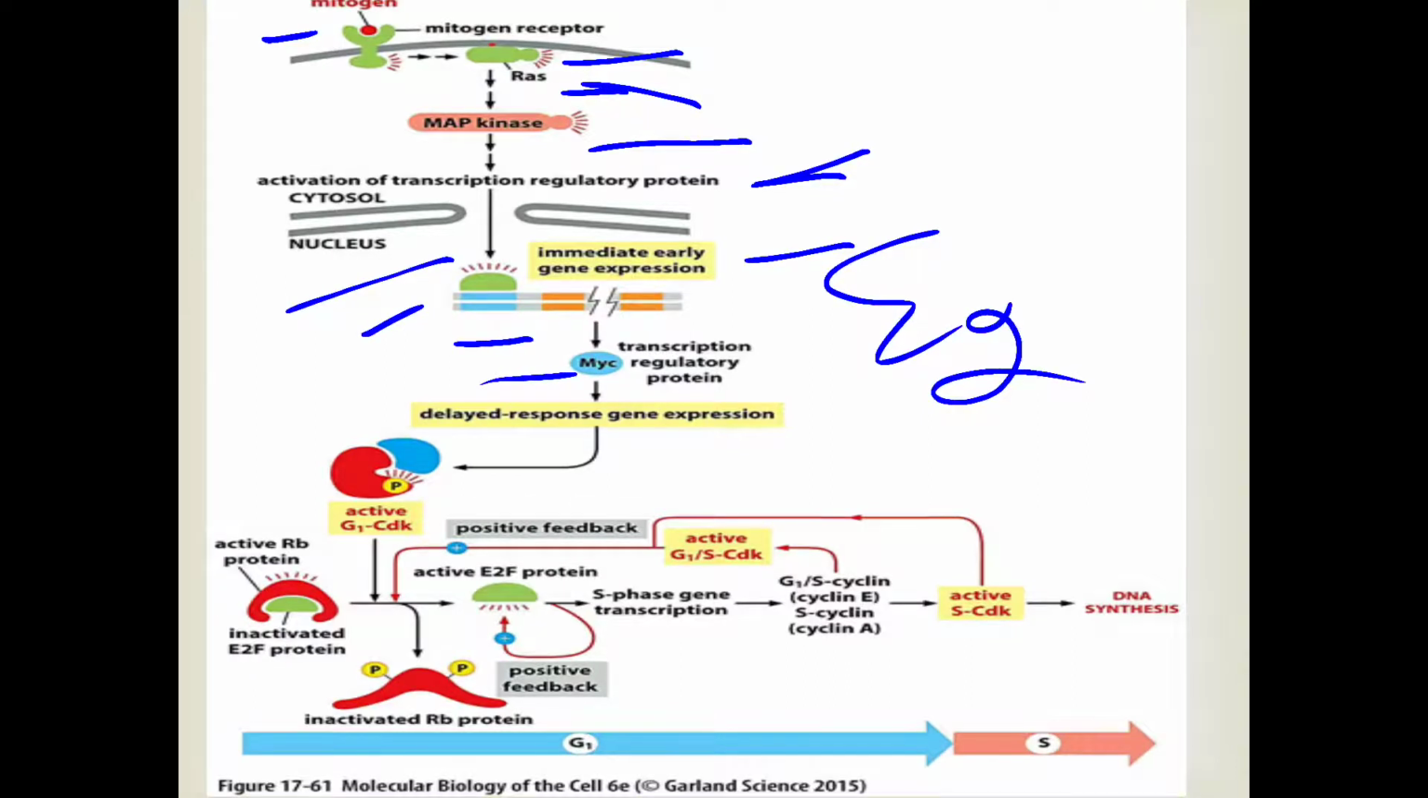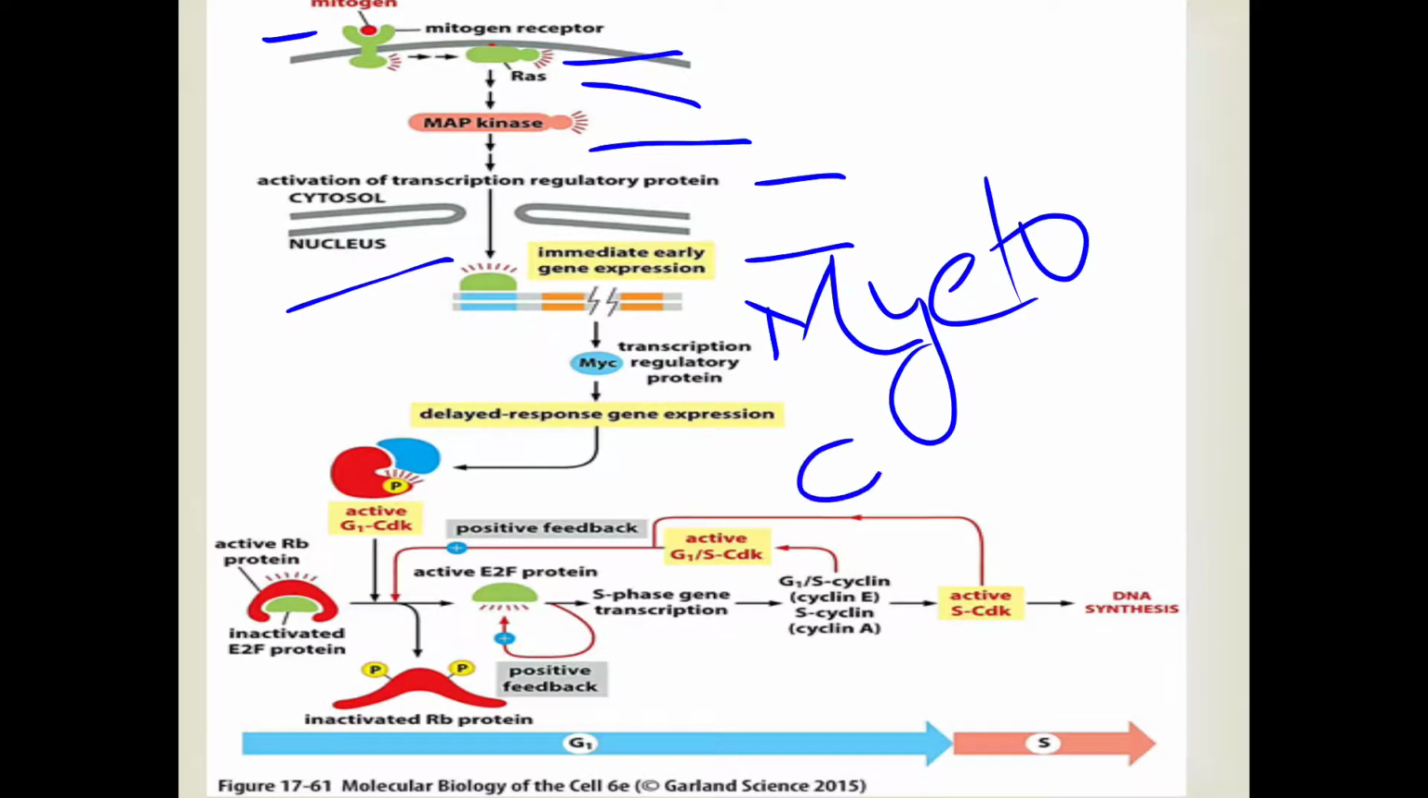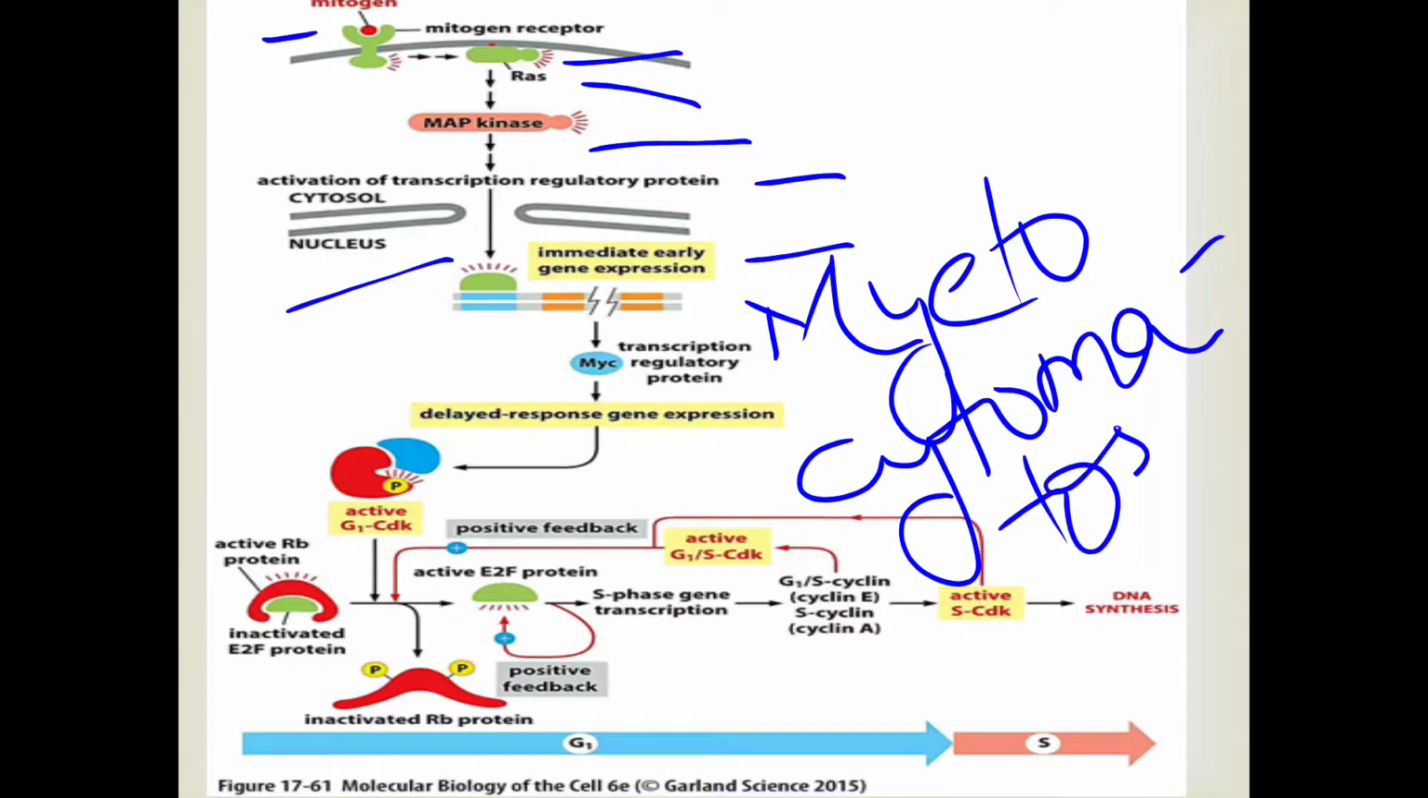MYC is basically a phosphorylating protein which is derived from myelocytomatosis. It is termed from here, and that will encode the different types of MYC proteins, ठीक है. So ਇਹਦੀ ਜਿਹੜੀ